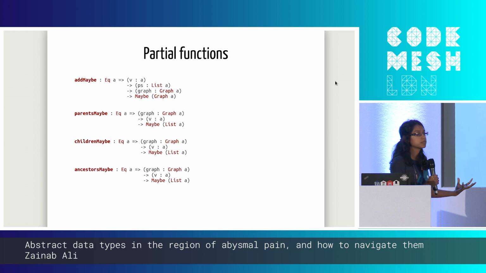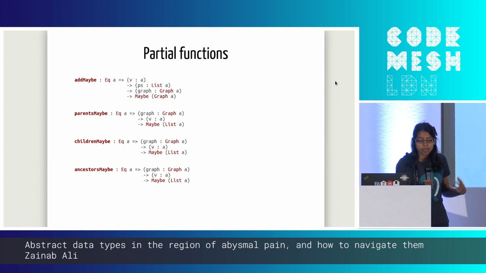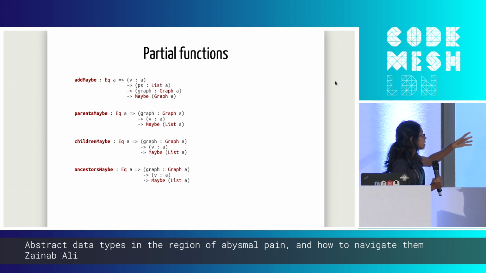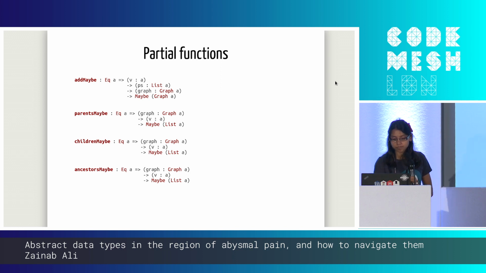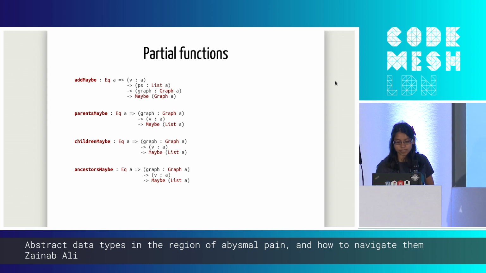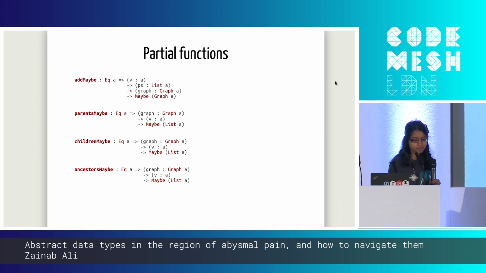Whenever you ask for an element, then that collection needs to check whether that element is there or not. And if that element isn't there, it really should be returning you a maybe. But this isn't that nice, because